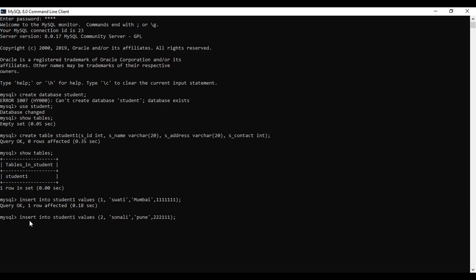Okay. Now then I will execute. Again, one row is inserted. Now we will go with another way for inserting into database. So insert into student